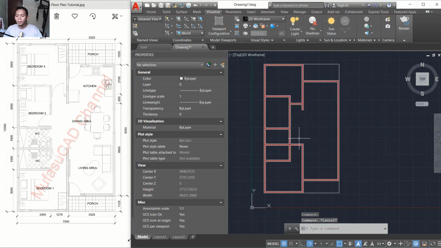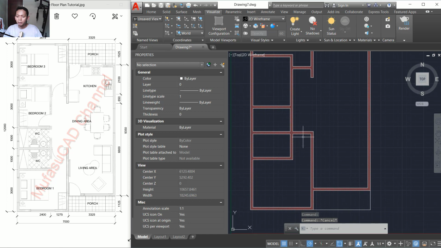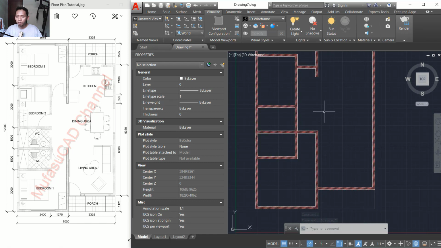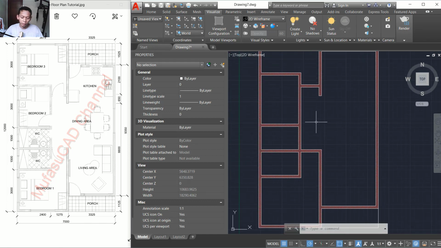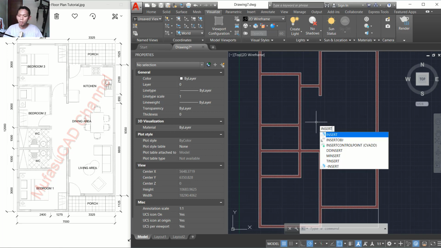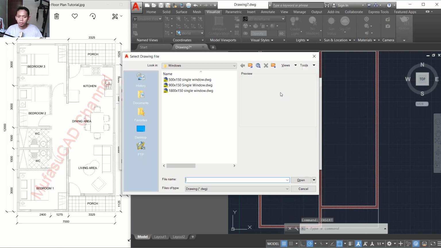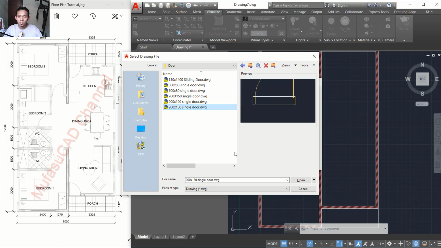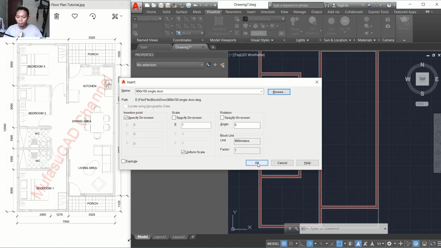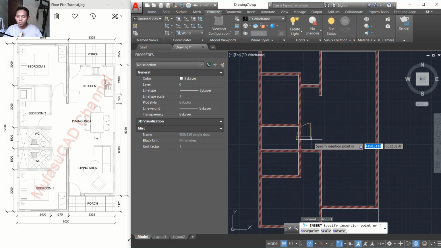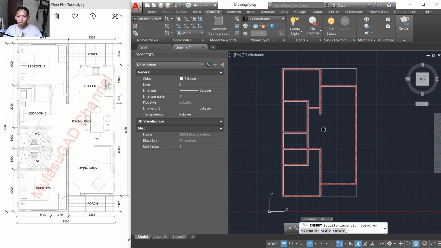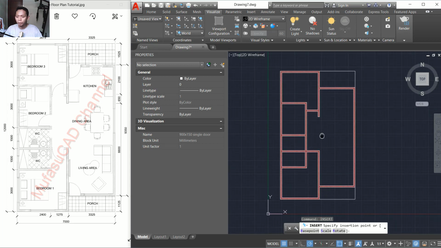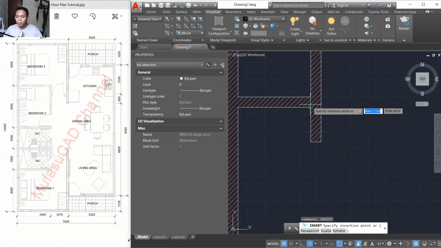Okay, next I will insert the door into this floor plan. Okay, you can type insert. Okay, I will use black. Okay, you can browse, and then I will search for a door in here. Okay, I will use this door, and you can open. Okay, you can get this block from our download link below this video. Okay, I will put it in here,